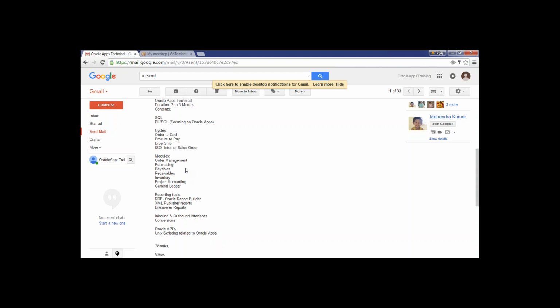So in short, we can say that this apps technical is something which is used to maintain the database. No, apps technical is a role. It's not used to maintain the database. In the supply chain example, at some point a user wants to analyze some data. A database will have data, so he or she wants to analyze it. In such cases, we will be available to develop a report for them,